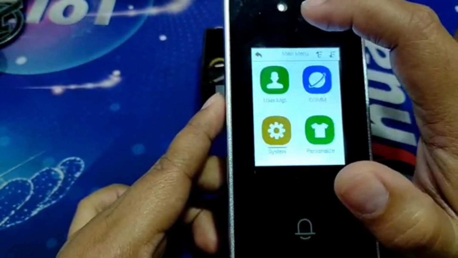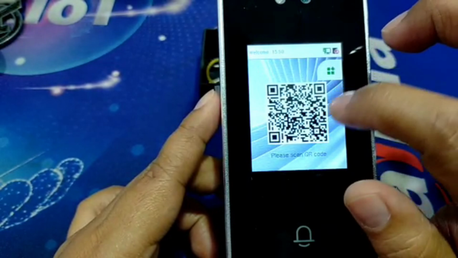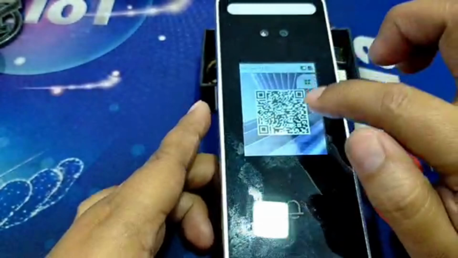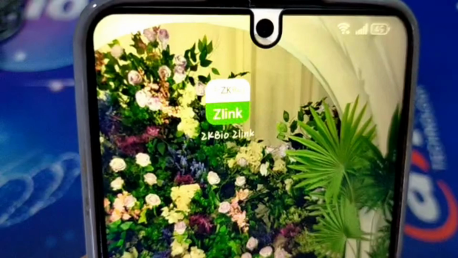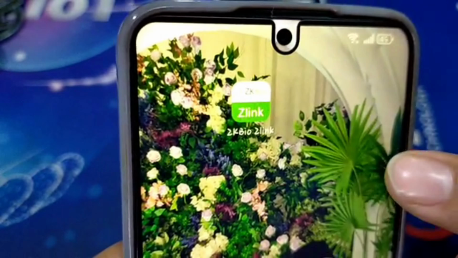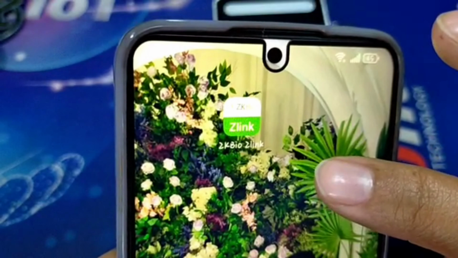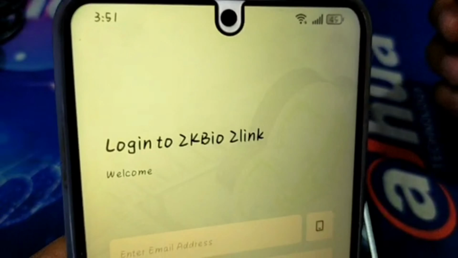So after reboot, it will show you this. So once you have an internet connection, it will show you this QR. Okay, when you get the QR, you have to scan it with your phone. For other users, you can ask them to download Zkbio Zlink in the app store,